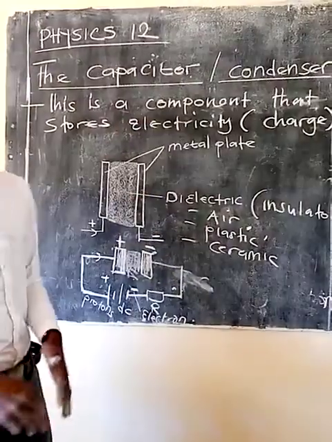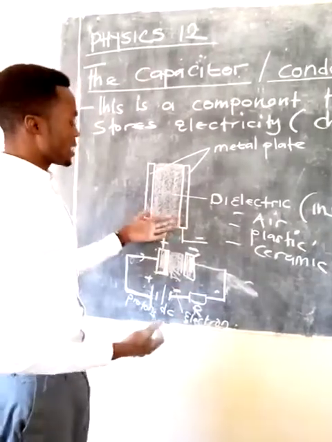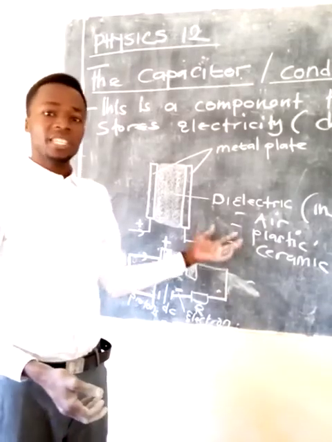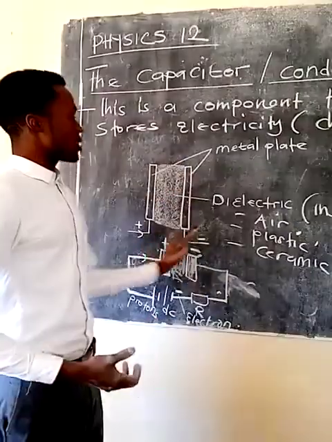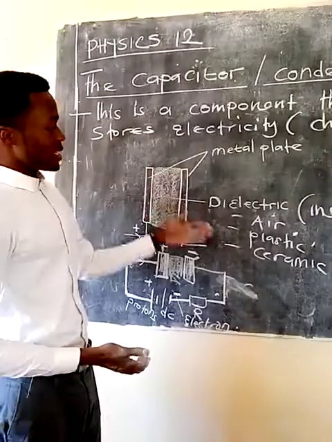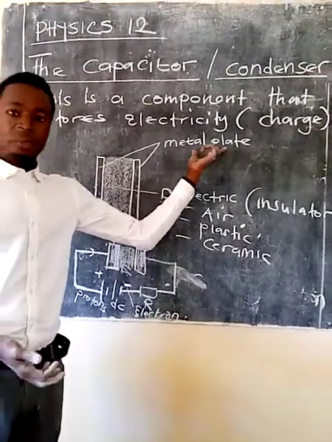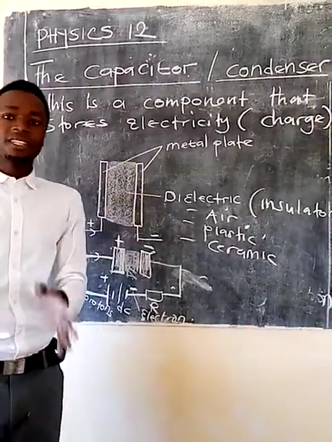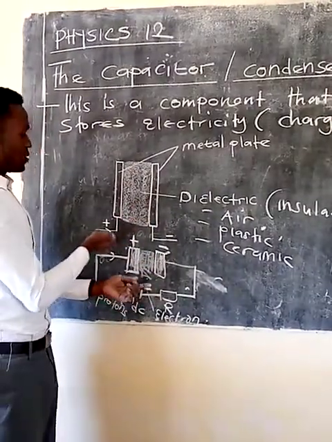Okay, so this is just an introduction to capacitors. In the next video, we are going to look at the way we can recharge, discharge, and also do calculations when it comes to capacitance. How do we find the charge that is stored in this particular capacitor? So I encourage you to understand the function of the dielectric and also the function of the metal plates. In short, these metal plates are where the charges tend to accumulate. If the negative is going in, then this becomes negative. If the positive is going in, this